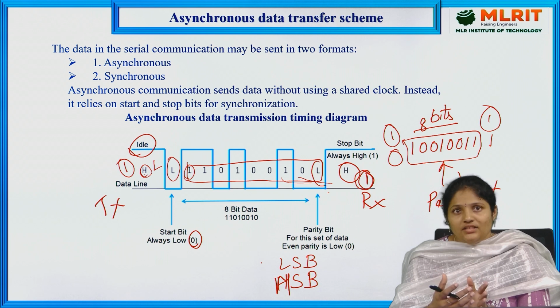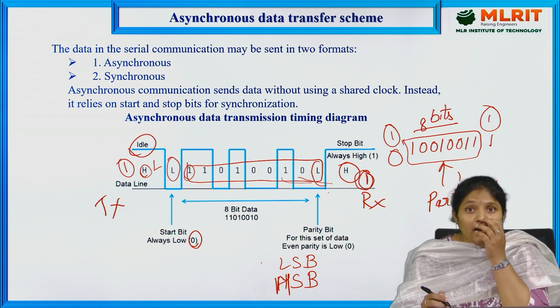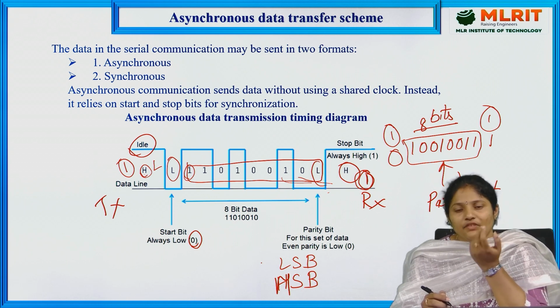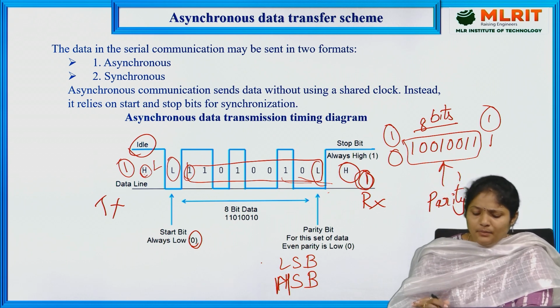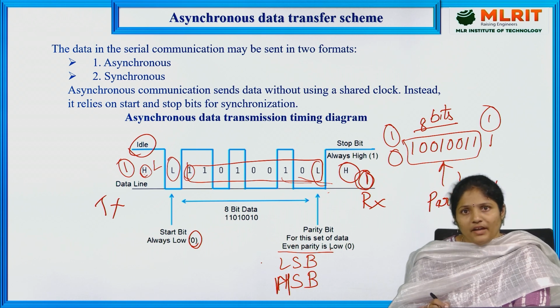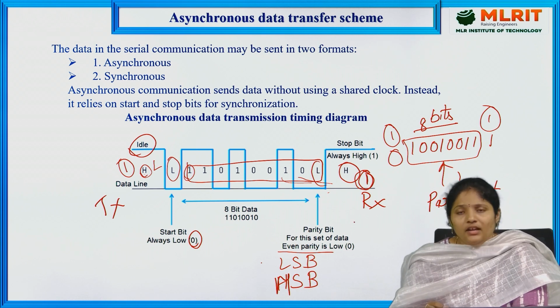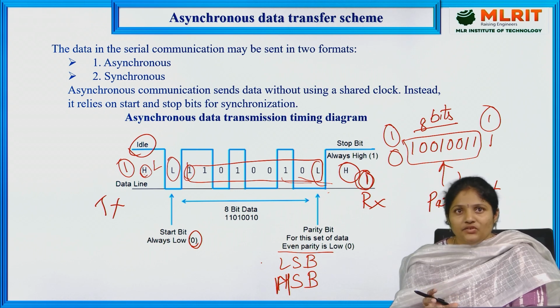After getting the start bit as low bit 0, the next 8 bits will be the data bits. The receiver will receive the 8 bits from the least significant bit to the most significant bit, and after the 8 bits the stop bit will come. If parity bits are added, they can be based on even parity or odd parity. After the parity bit, if the receiver receives the stop bit, then the total reception of data has been completed in